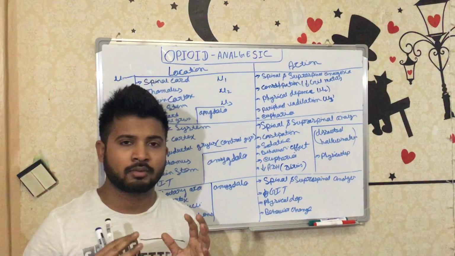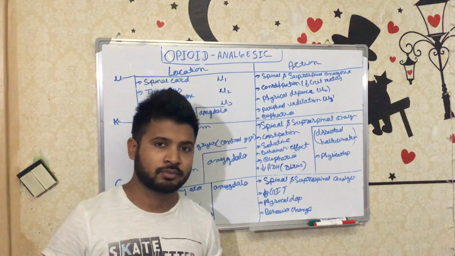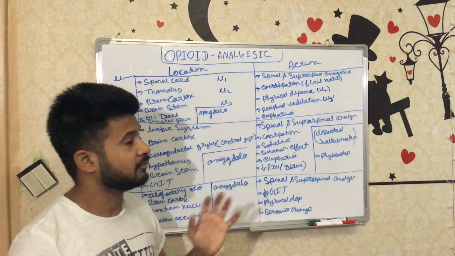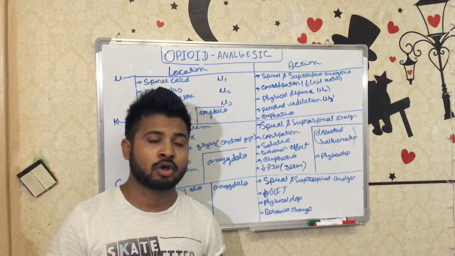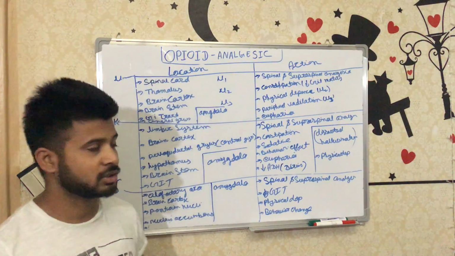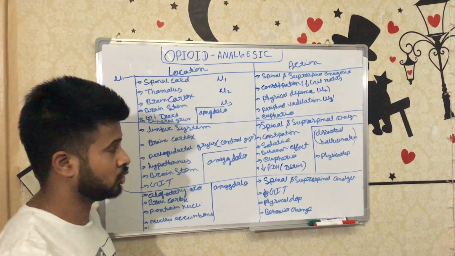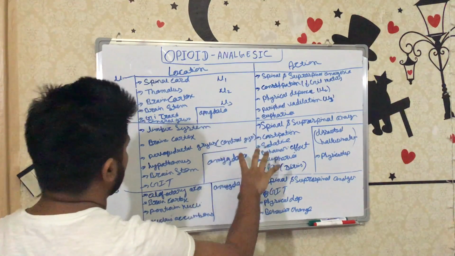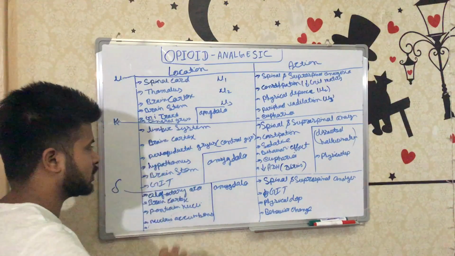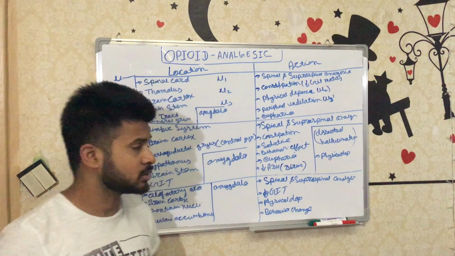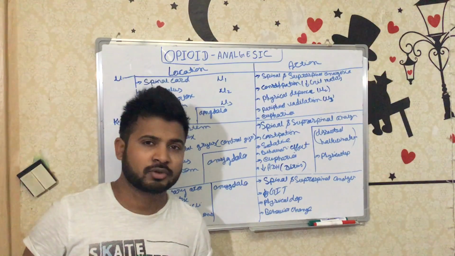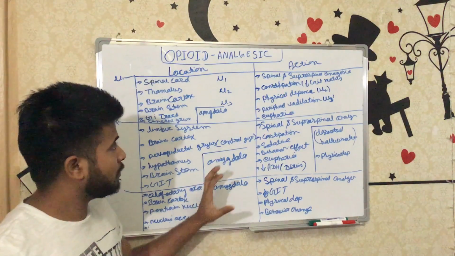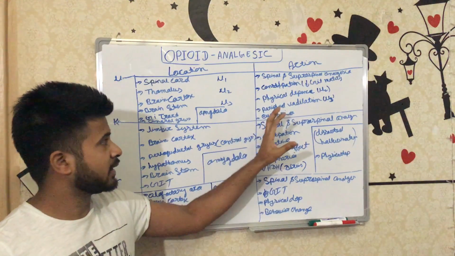So the basic and useful thing that we have to know is the spinal and supraspinal analgesia. By this drug we should eventually stop or normalize the pain in the human body, in the patient who is going through pain. So that's why we should know this action. The localization is not very important to know. Of course, if we know all the information, that is very good, but for the clinical purpose or from a pharmacological view, we should know about the main action, that is the spinal and supraspinal analgesia,